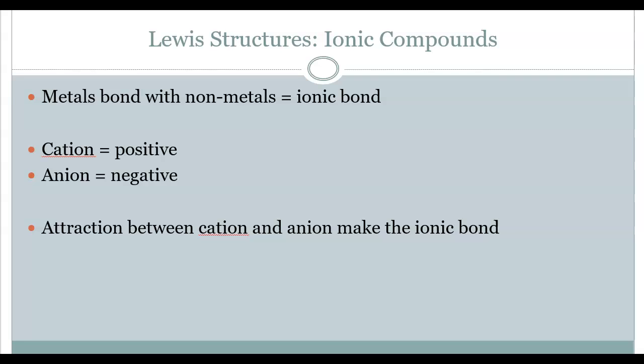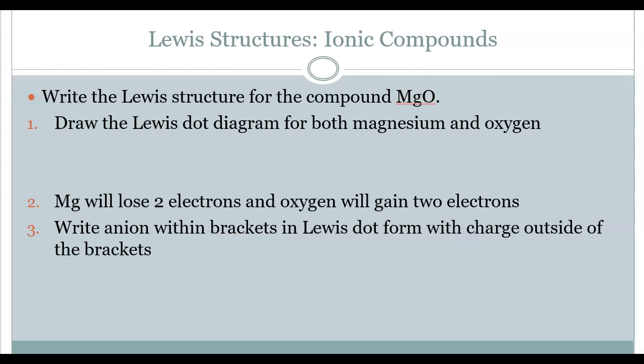bond. When we're drawing Lewis structures for an ionic compound, we are going to first start by drawing the Lewis dot diagram for both of the elements. So we will start by doing magnesium oxide. So we'll draw the Lewis dot diagram for magnesium. So magnesium has 2 valence electrons. And then we'll do the same thing for oxygen. Oxygen has 6 valence electrons. Remember that we fill it in, I go clockwise, and then we don't pair up any electrons until they need